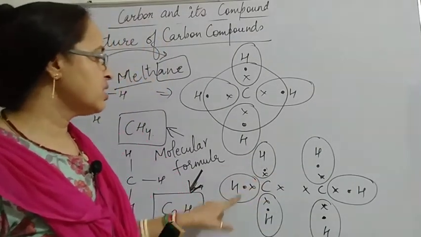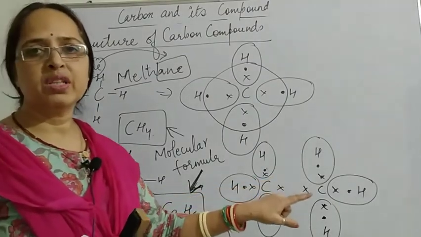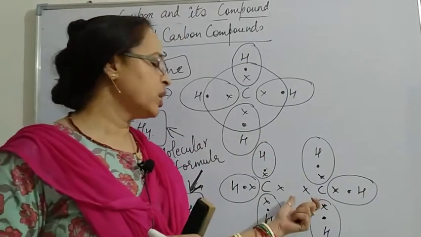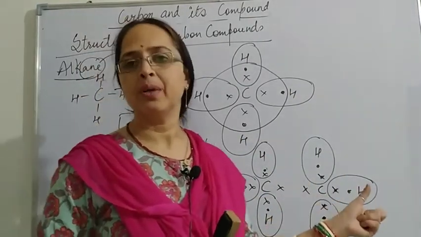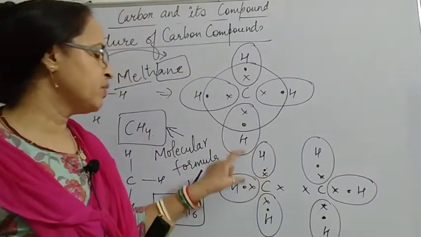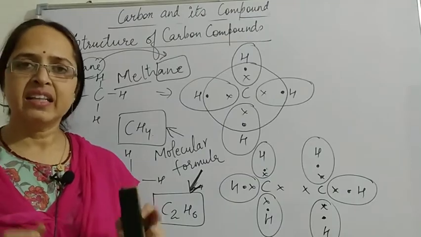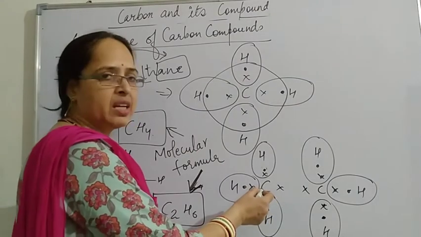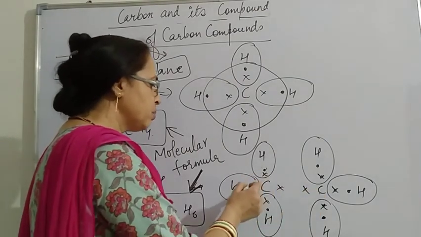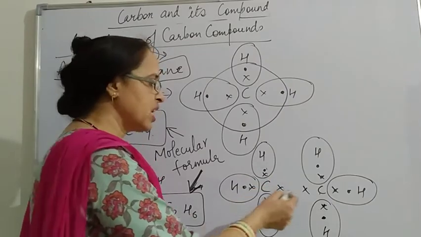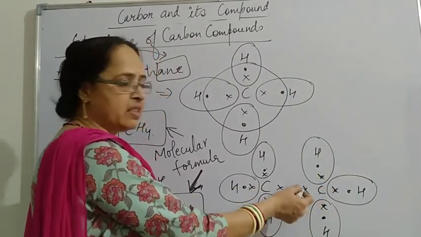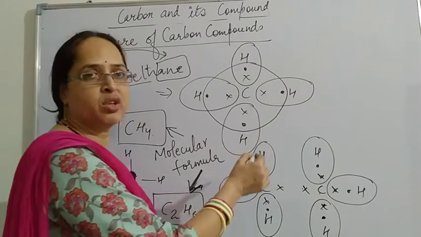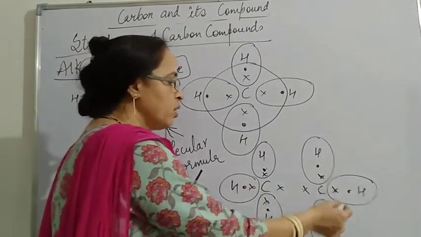Now in each valency, since this compound is an alkane, it shares only 1 electron. That means the sharing of 1 pair of electrons is done. So first of all we have to fulfill the valency and then check the number of electrons. Here you can see this carbon, 1 carbon, and this is the other carbon. Mark a cross with the valence electron of this carbon, and this is also shown with a cross. The valence electron of this carbon is also shown with a cross. Then the dot indicates the electron of the hydrogen, in this way, here also.